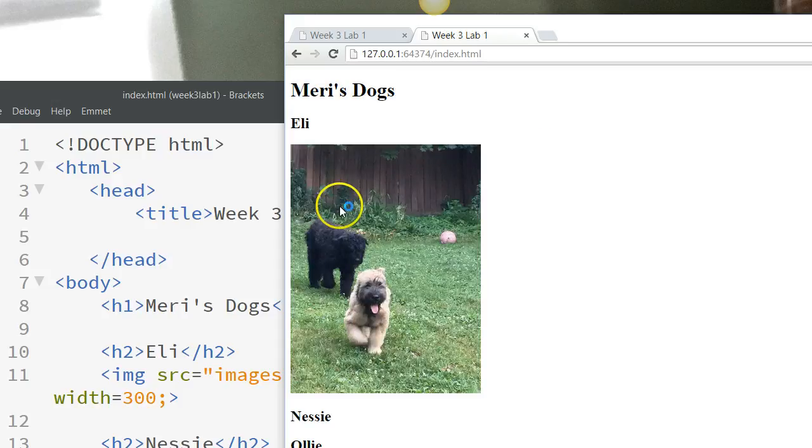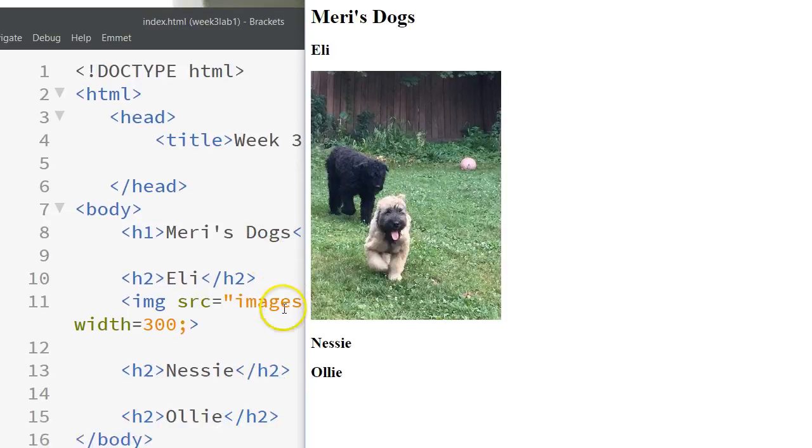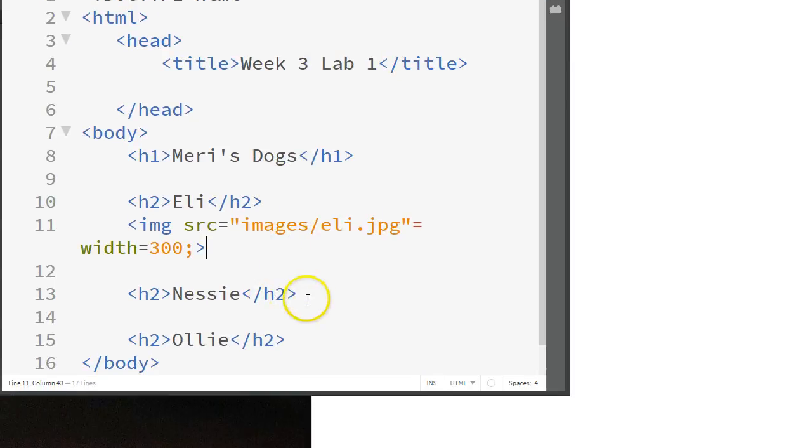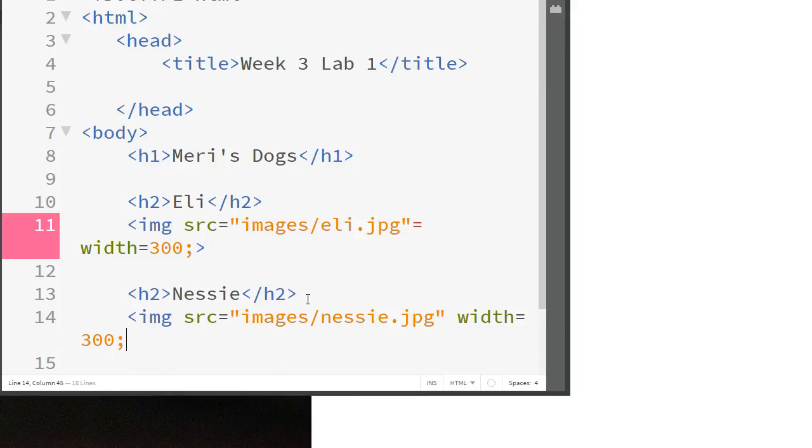And by just putting in the width, the whole thing will resize so it doesn't skew out of proportion. So don't define the height, just the width. And then we'll do the same thing for the next two. We'll do image source equals images. This is Nessie, and we'll go ahead and set the width equals 300 to make it the